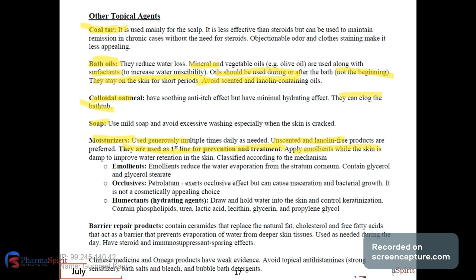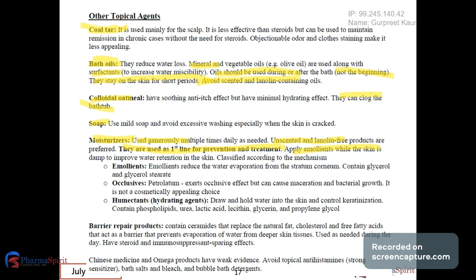Now, there are different types of moisturizers and they are classified according to their mechanism of action. So the first one we have is the emollients. Emollients reduce the water evaporation from the stratum corneum. So when we apply the emollient, they trap the water in the skin. And they usually contain glycerol and glycerol stearate. So glycerol, once we apply it, it goes in the skin and binds to the water in the skin and